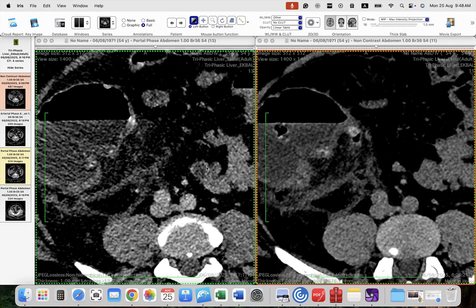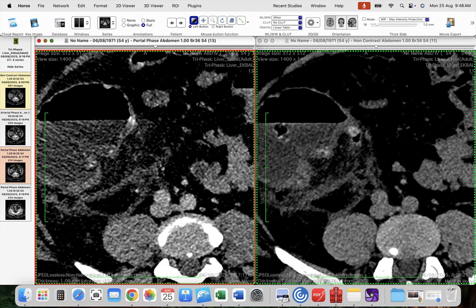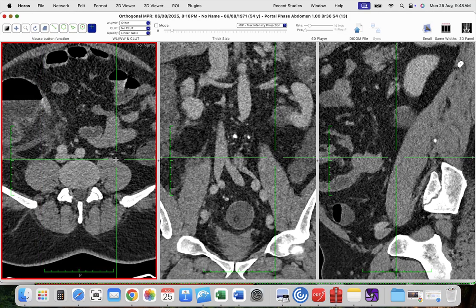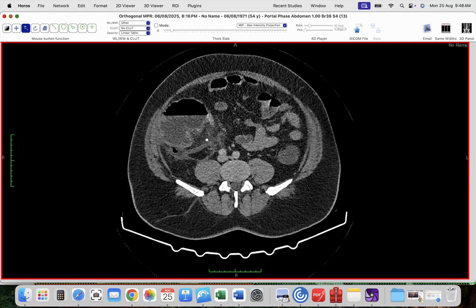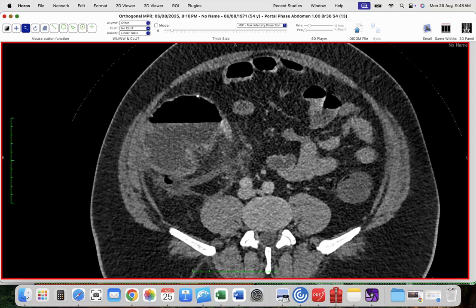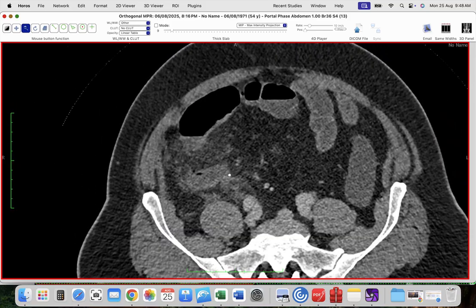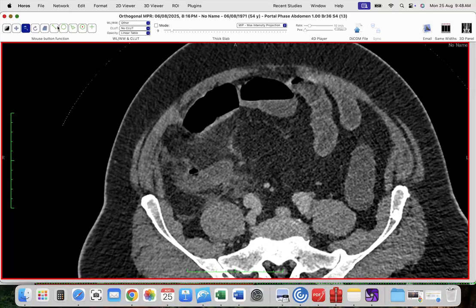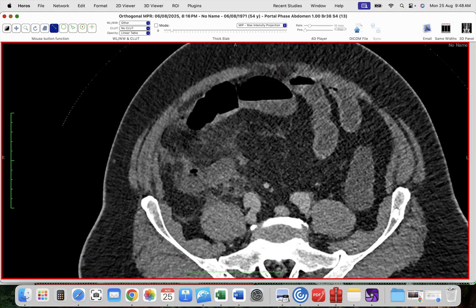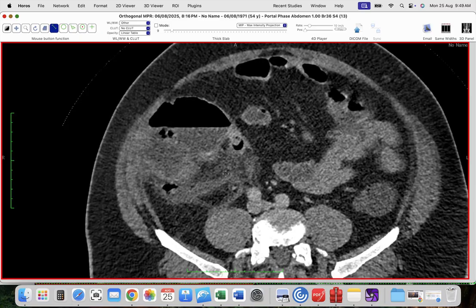Assalamu alaikum. This is a male patient aged 54 years old, complaining of right iliac fossa pain. One of the classical cases that you will face in your daily practice, and simply we can see here there is a distended appendix measuring about 2 centimeters in diameter, reflecting the formation of a mucocele